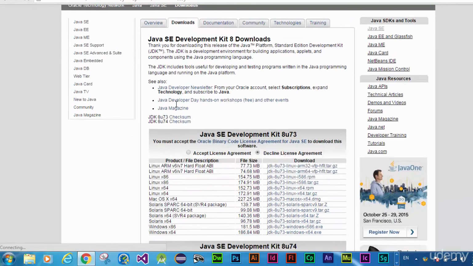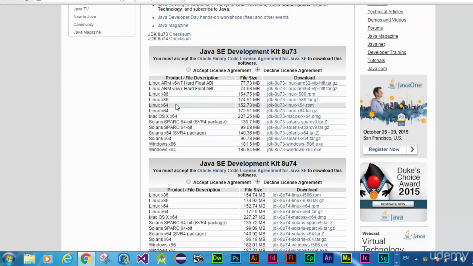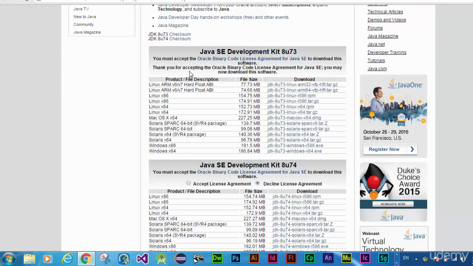So here is the latest version of Java SE development kit. It doesn't really matter whether you have got a different version than this one. You just need to download the latest version. Now before you download the JDK for your specific platform, you need to accept the license agreement. Okay, just accept it. And as you can see here, these are the